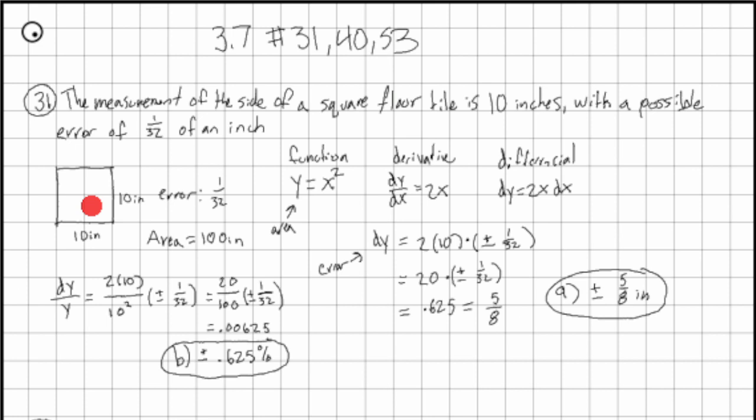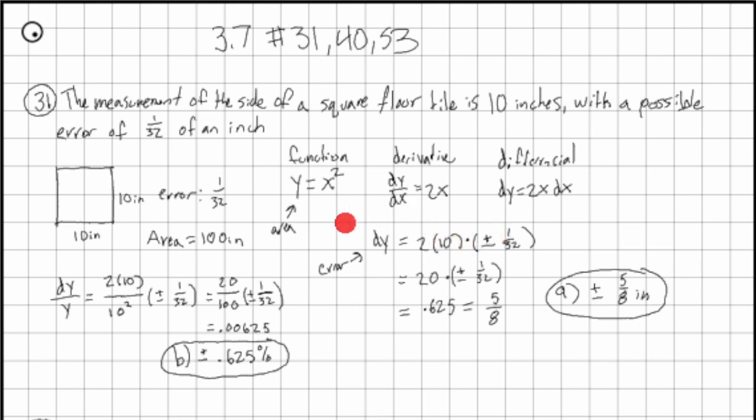10, so that means it would be 100 square inches. And so I use the function y equals x squared, and then I use the derivative dy over dx. I find the derivative of this using the power rule, which is 2x. Then I find the differential by multiplying by dx: 2x times dx equals dy. Since I know dy is the possible error, and dx is the possible error of plus or minus 1/32,